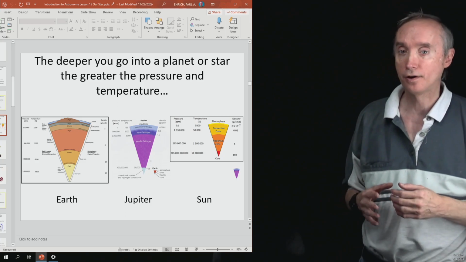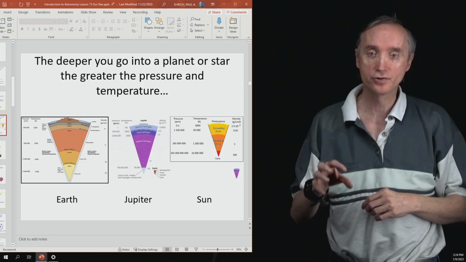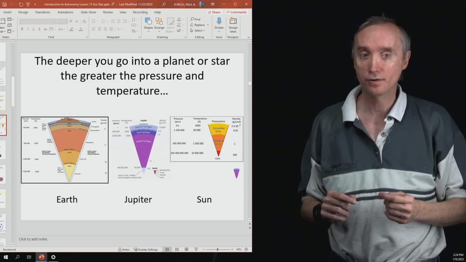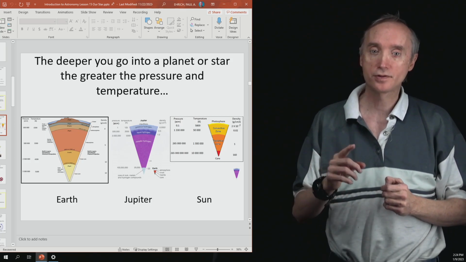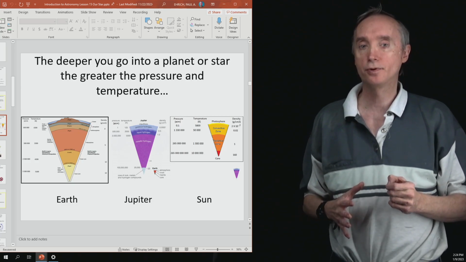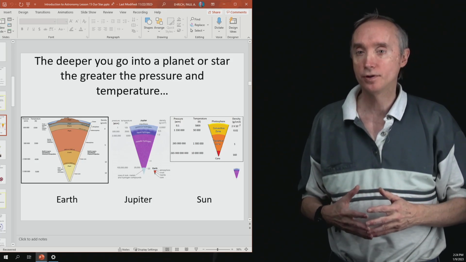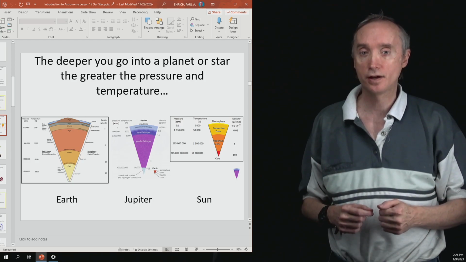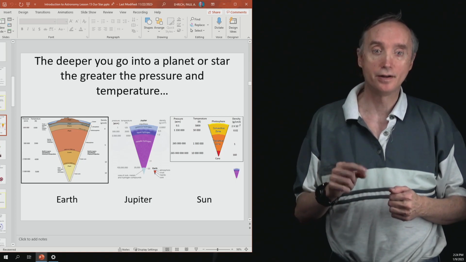So let's take a look at Earth, for example. You'll notice that you have this general trend that the deeper you go inside the Earth, the pressure increases, and so does the temperature. Okay, the picture that's right next to it is of Jupiter, and we talked about Jupiter in unit number 2, and we found out that the deeper you go into the atmosphere of Jupiter, the pressure goes up, and so does the temperature. And then, now let's look at the sun.